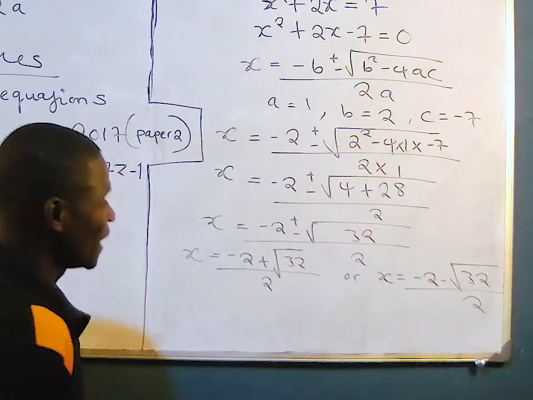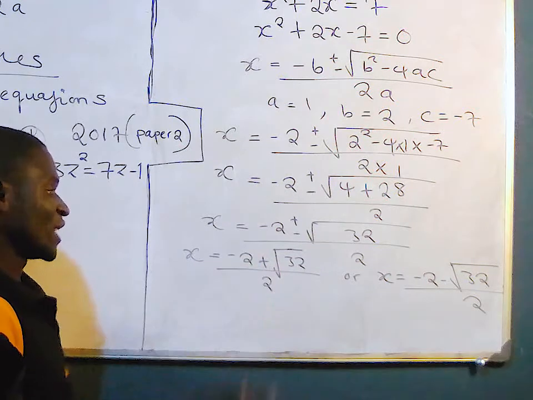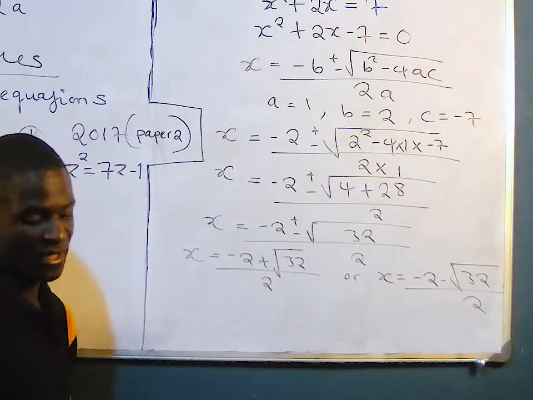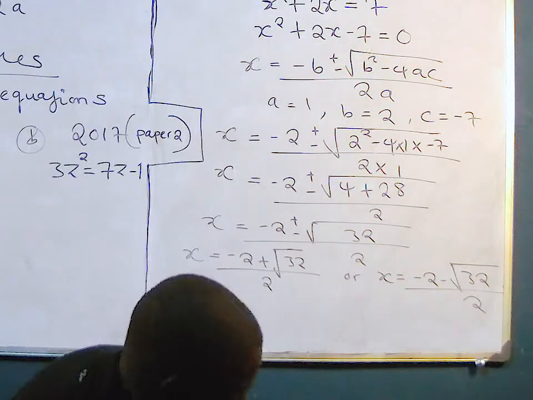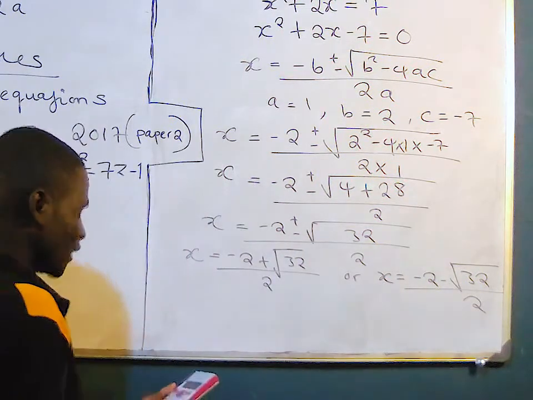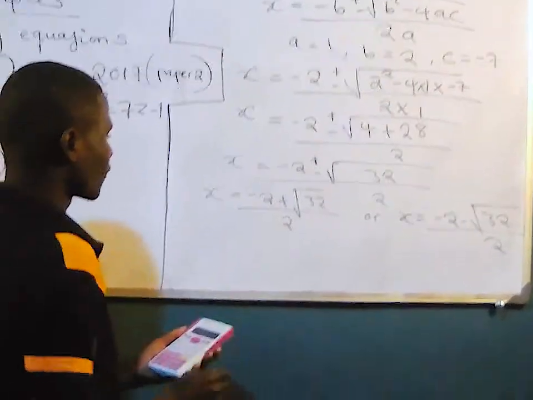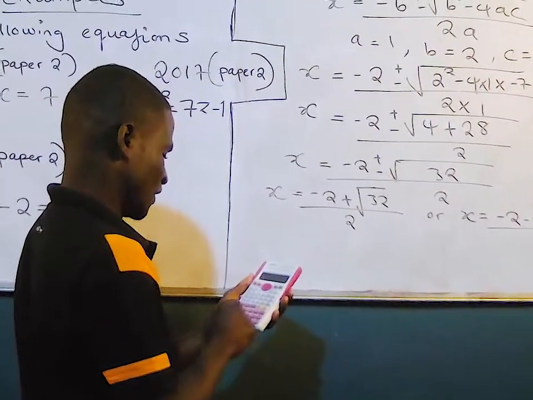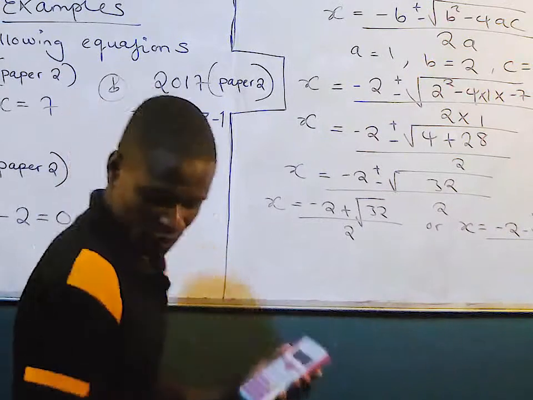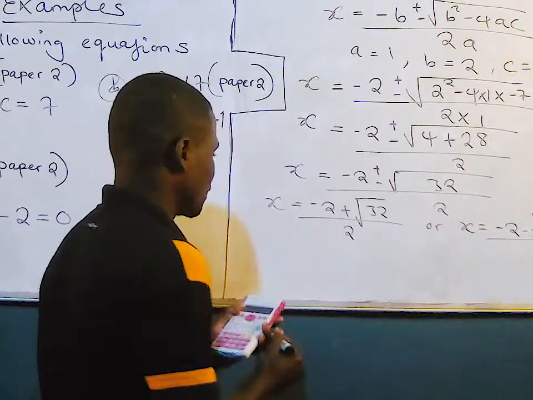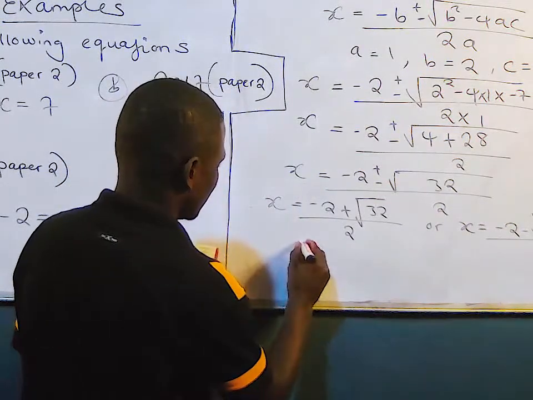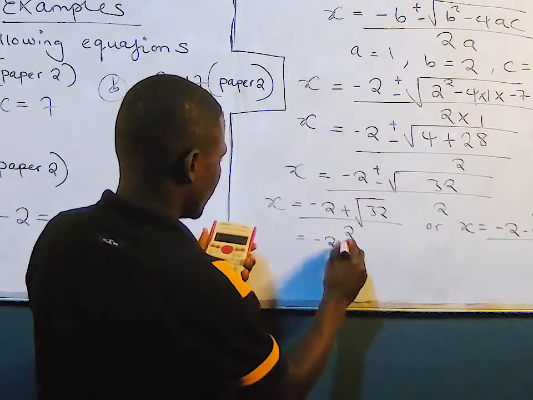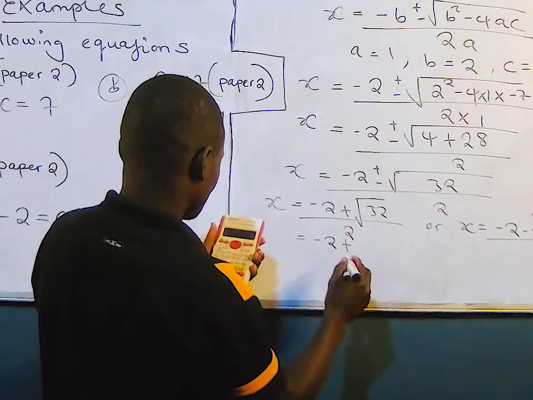So you can use a calculator now here. It is not a taboo or a crime to use a calculator. So let me use a calculator. The root of 32, not negative 32, which is giving me negative 2 plus the root